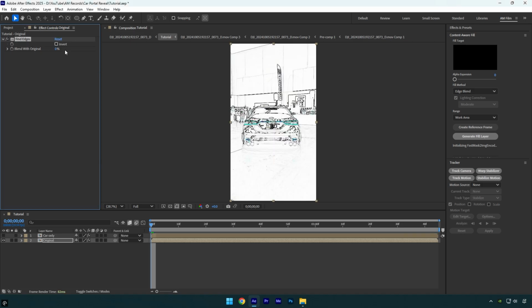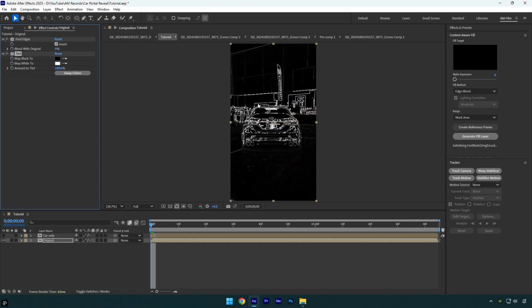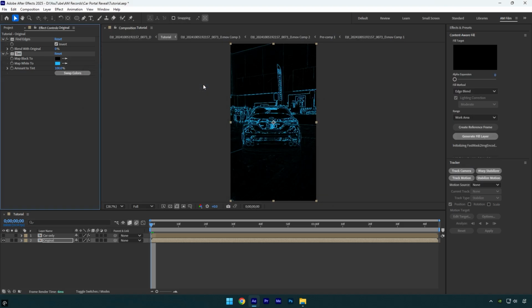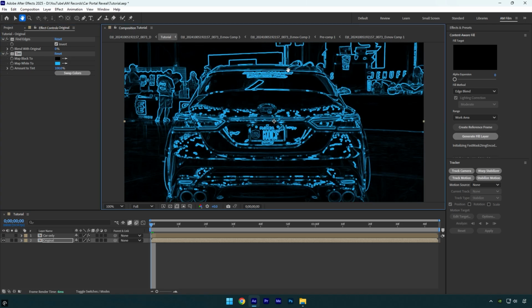Under a find edges effect, check invert and then apply tint effect. Click on map white to and change it to any color you want. Once you are happy with your choice, we will need to fix these unwanted colors in a foreground that are